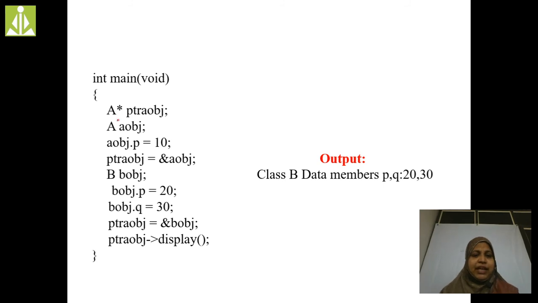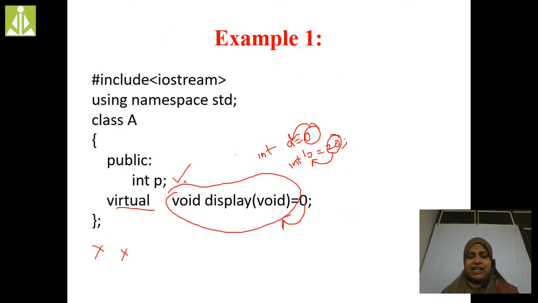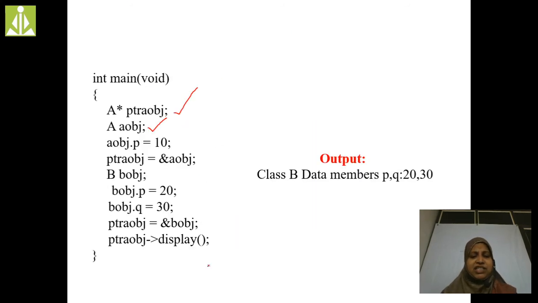See here, now I am creating one pointer variable to the base class, A pointer obj. Then I am assigning the object values: A obj dot p equals to 10, B obj 20, 30. In the previous case, by using the object reference I called the display method, but here the signature of the display method is 0, so there is no need to call it that way.